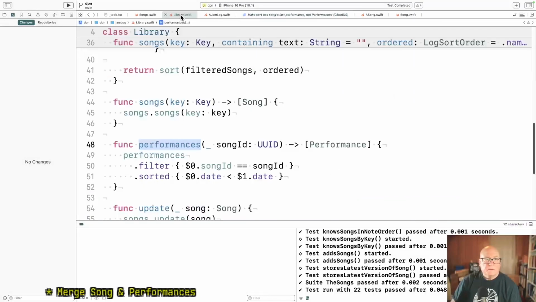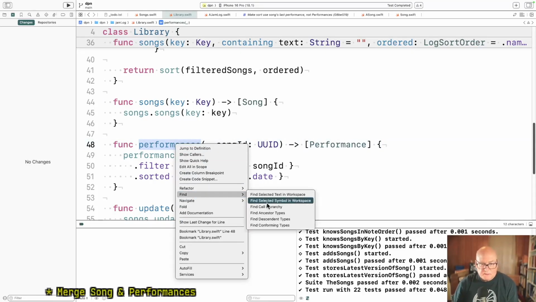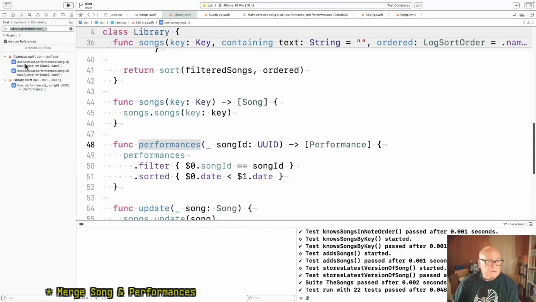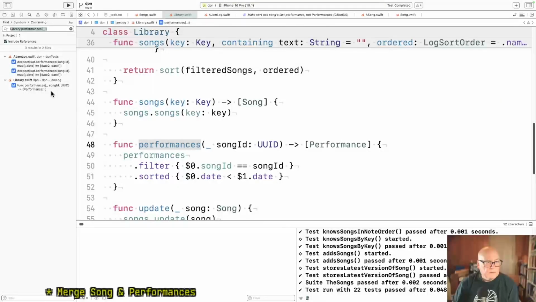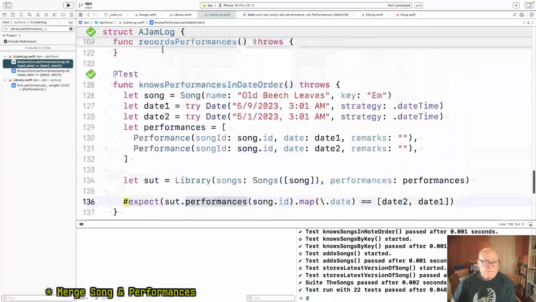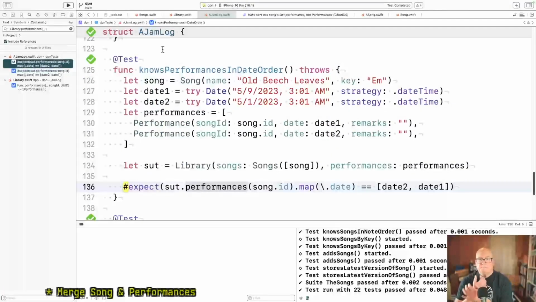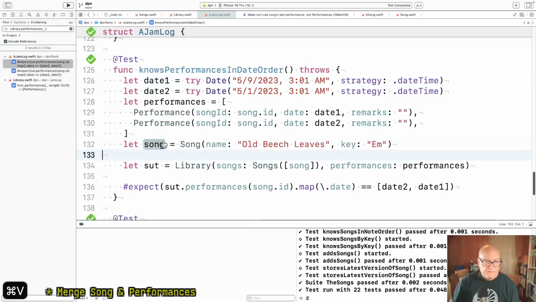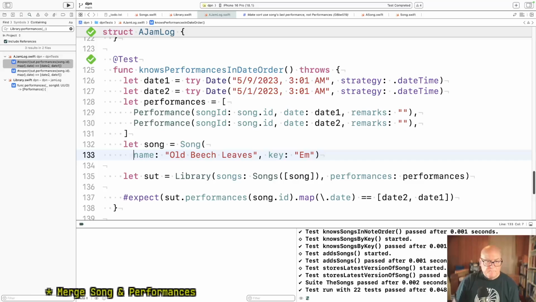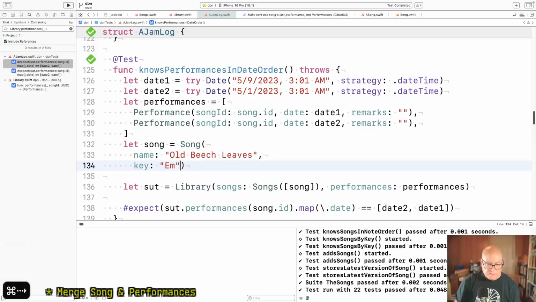All right. Now, who uses this? Same kind of problem. It passes the test, but it needs to use the new approach.